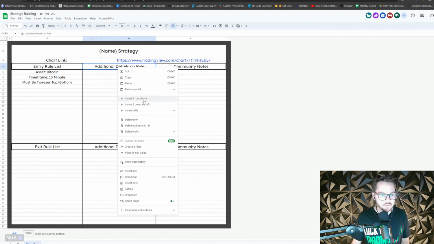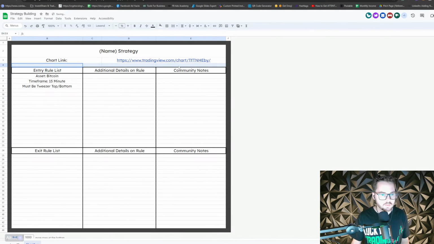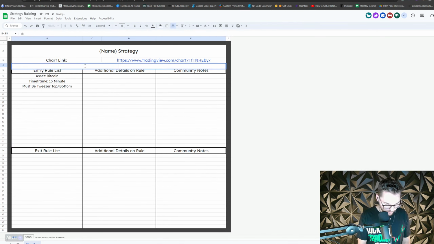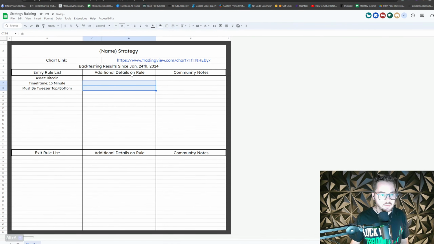Okay, so let's go with a sec here. Format. Merge. Okay, backtesting results since... okay, so we're going back basically 8 months, which isn't too bad, but typically I would normally recommend doing about